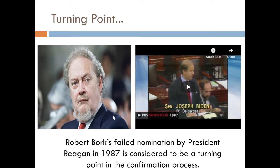His name was Robert Bork. The Democrats were the majority in the Senate at the time, and they actually voted Bork down. They chose not to confirm him, not because he wasn't a qualified judge, but because they didn't agree with many of the controversial political stances he had taken on issues. So he was really one of the first nominees to be voted down because